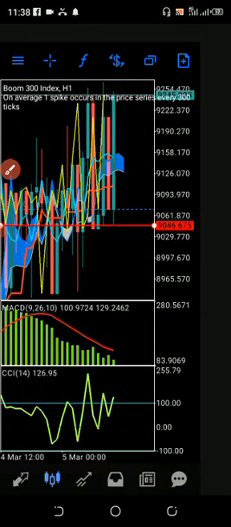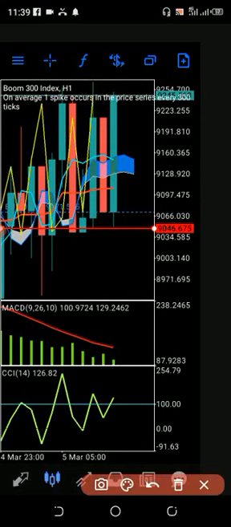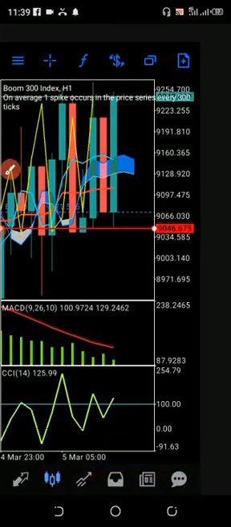So the two possible entry points are: once in your 5 minutes time frame, you have your CCI touch above 100, minus 100 on boom 500, it is not an entry point for spike. Instead, as it reverses like this, it's an opportunity for you to do scalping. Then while on your 1 minute time frame,